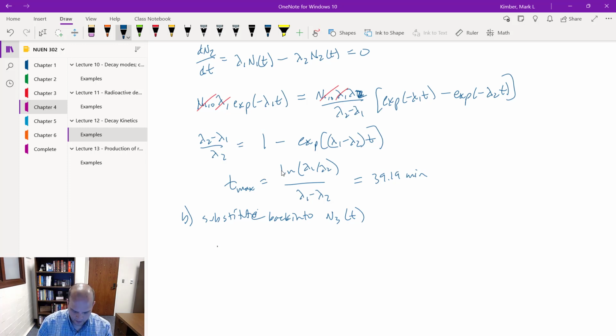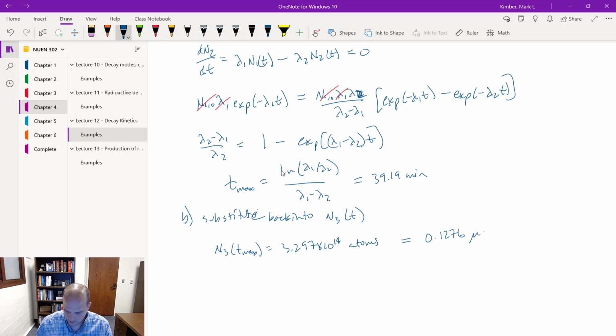And we find out that N3 of t max is going to equal 3.297 times 10 to the 14th atoms. And for this isotope, uranium-233, then this is going to be equal to